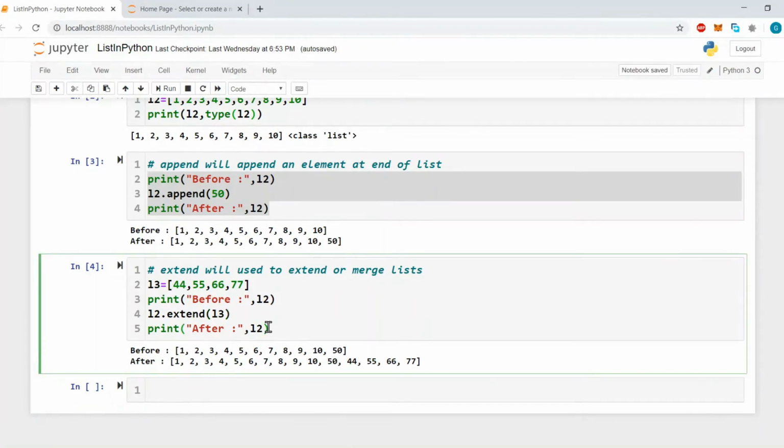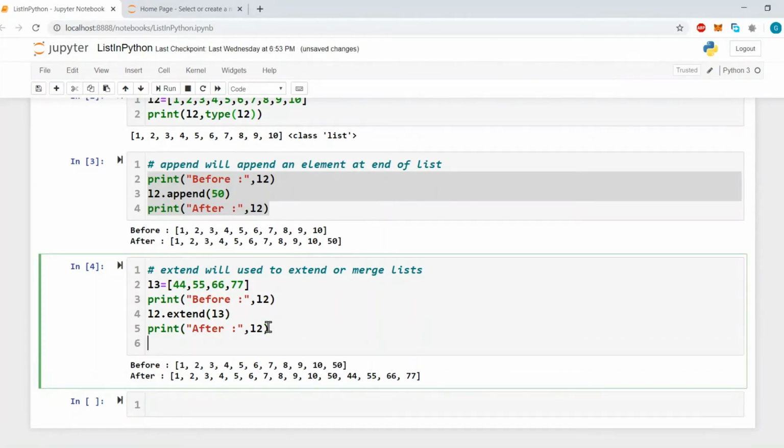Another way we can use the extend method is to create a tuple. A list is created using square brackets, while a tuple is created using round brackets. So a list is mutable and a tuple is immutable. Let's see how we can declare the tuple.